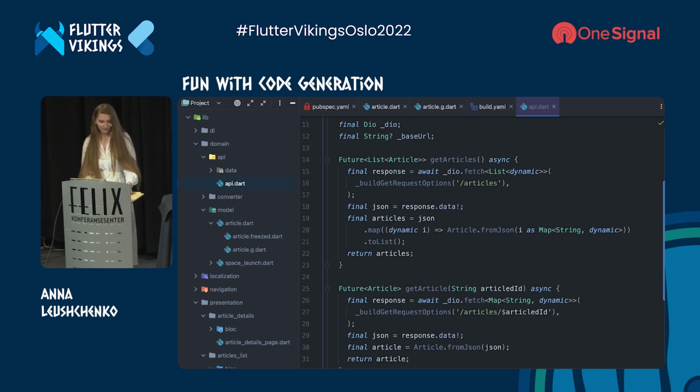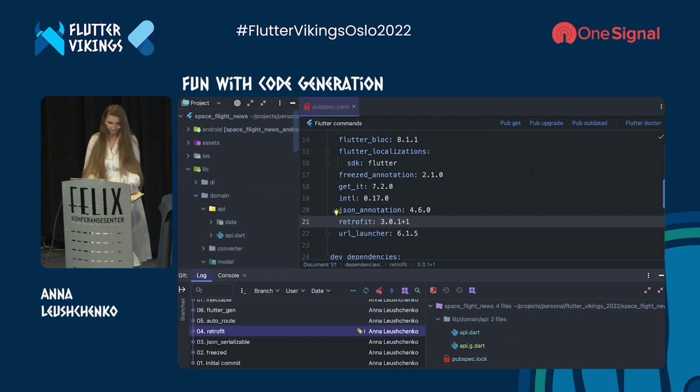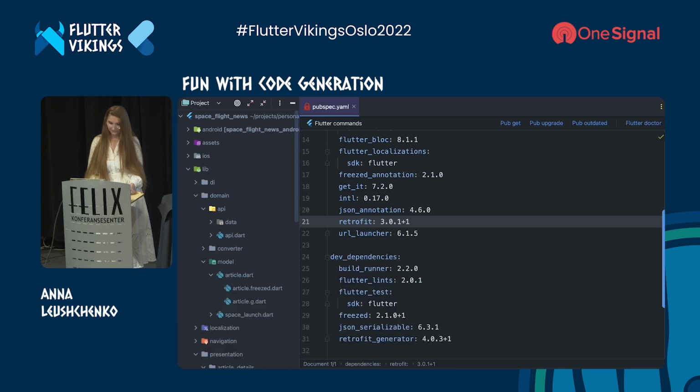To optimize this implementation with code generation, I am going to use Retrofit package by Trevor Wong. Again, a new dependency in pubspec file, retrofit among direct dependencies, and retrofit generator in dev dependencies.